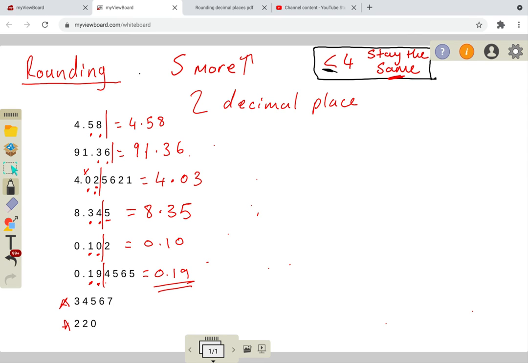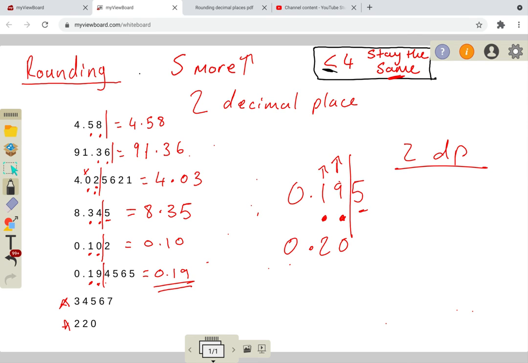But I just want to show you. So let's say I had 0.195, and I want to round this to 2 decimal places. So 2 numbers after a decimal, 1, 2, draw my line. Now, because that's 5, I have to round this 9 up, but the number after 9 is 10. So this turns to 0, and then I round this one up as well. Okay, so I go back. So that turns to 2. So my answer would be